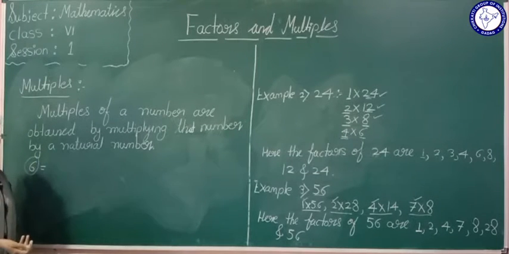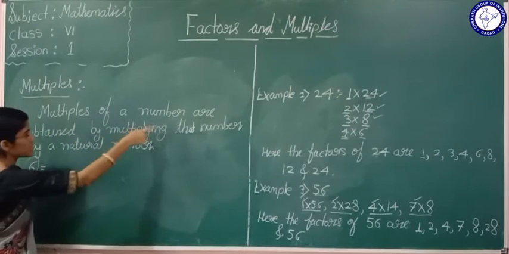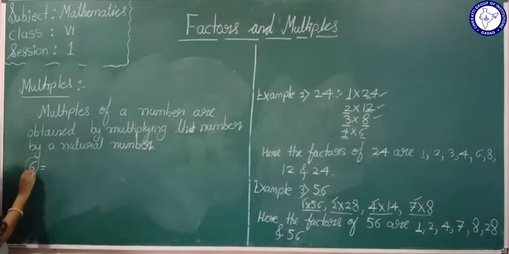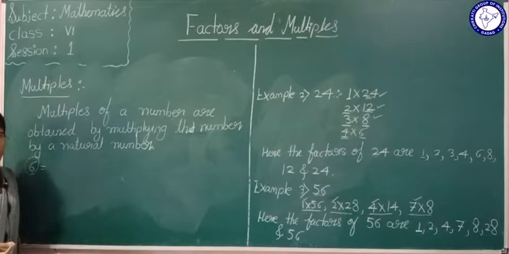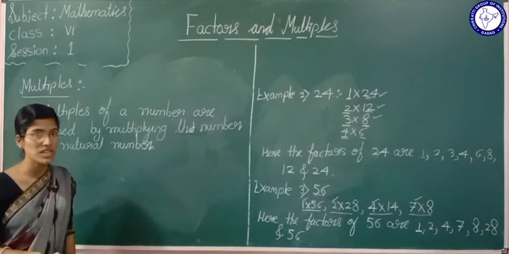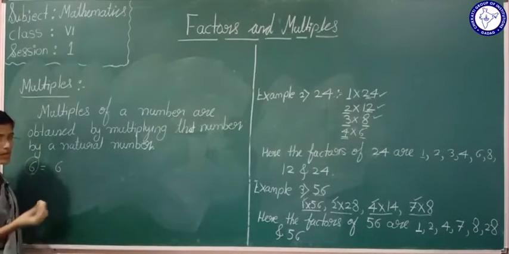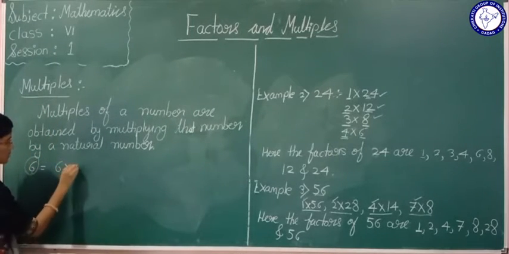So what is this multiple? Multiples are obtained by multiplying that number by a natural number. Natural numbers start from 1, right? If I want 5 multiples, say of 6, 6 multiplied by 1,